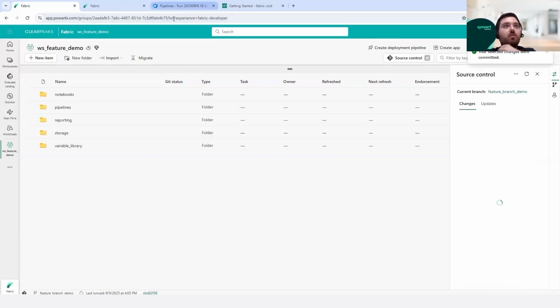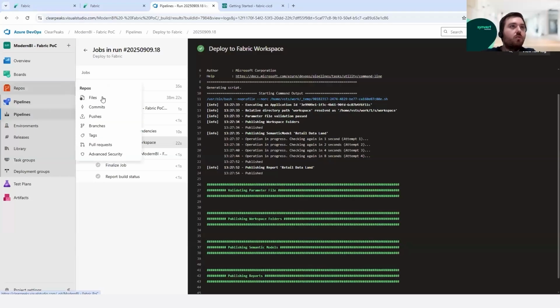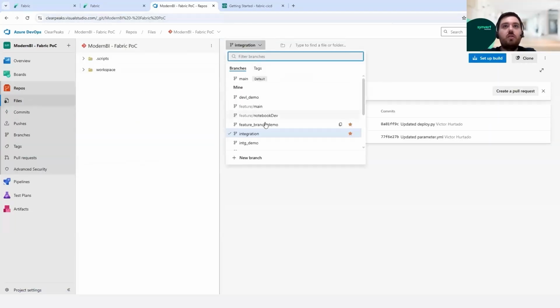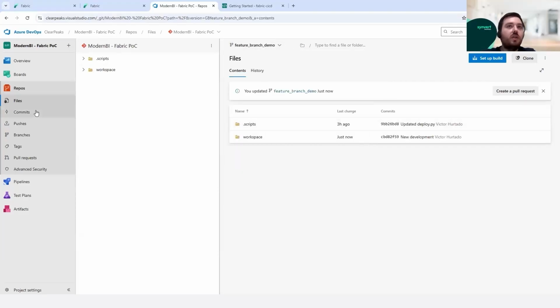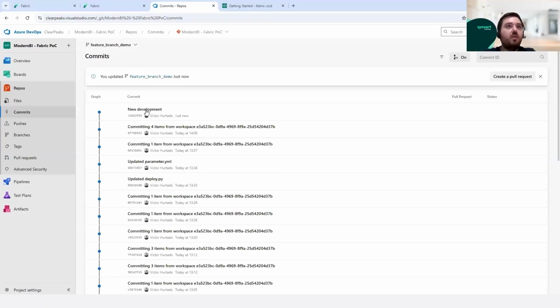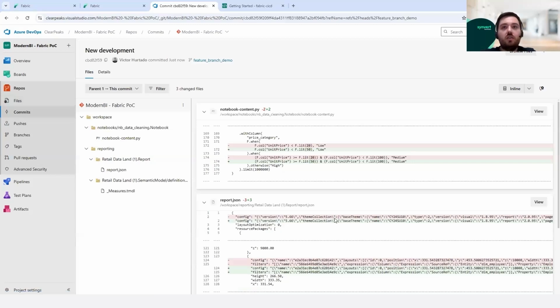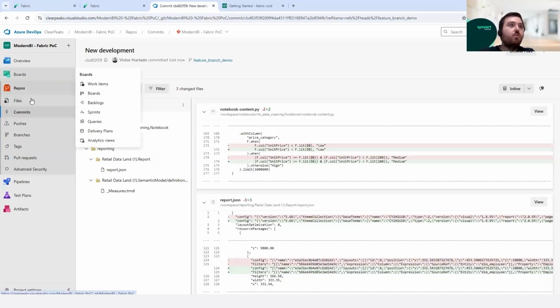Okay, so now let's go back to Azure DevOps. I will go to the feature branch. So the feature branch demo, and we can see the commits here. So we can see the commit here, and we can see the changes that we did. So now what we need to do is to deploy this to